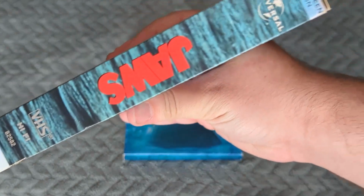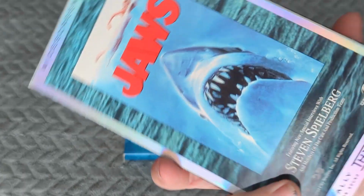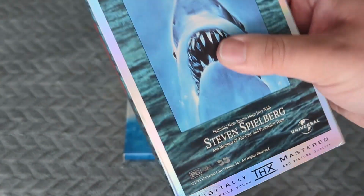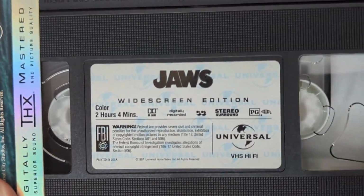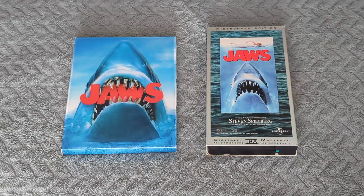And for what it's worth, the other spine is the same as this spine. And the top just has the Jaws logo. Your tape is black, and your label has widescreen printed on it. So as is tradition here on Home Media Reviews, let's take a look at some VHS footage of the movie Jaws,